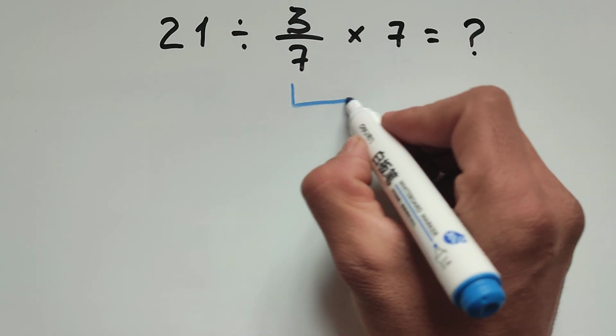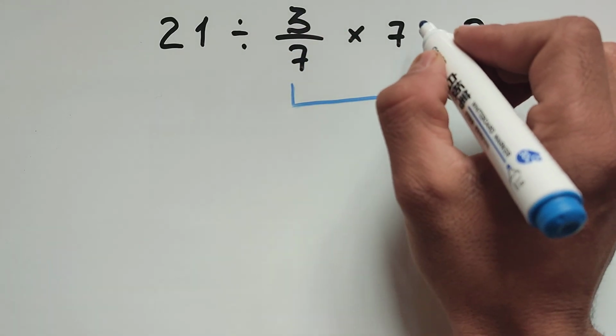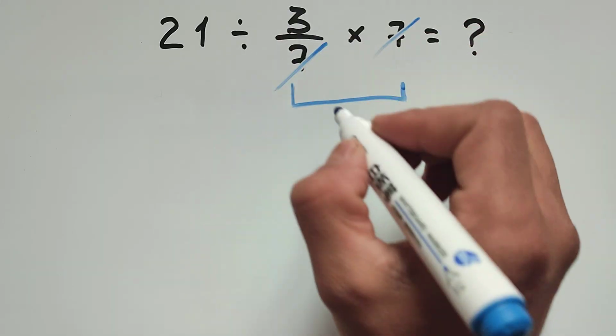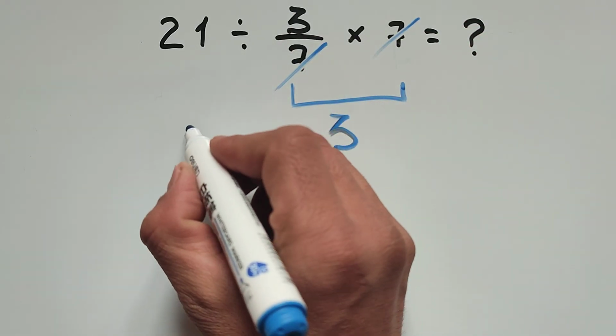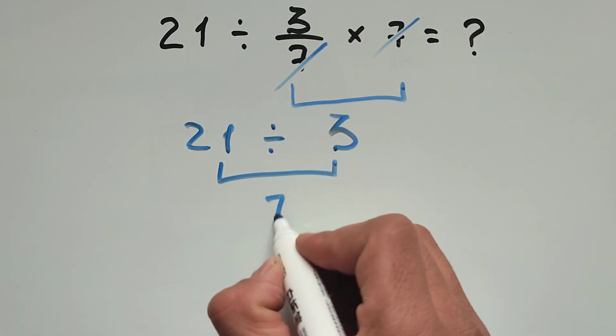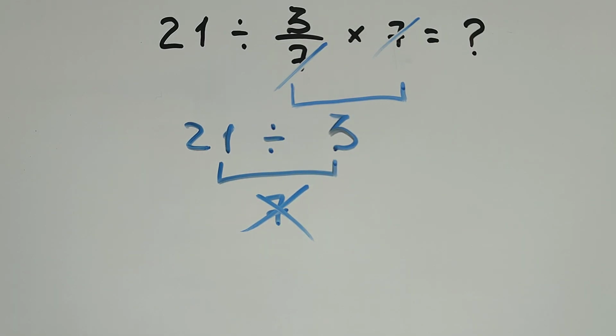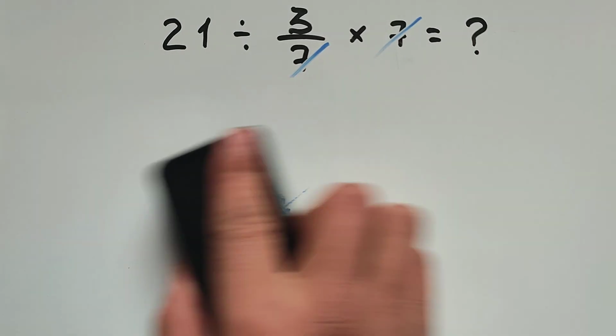First, we do this 3 over 7 multiplied by 7. Here we can easily cancel this 7 and this 7. Here it equals 3. And 21 divided by 3 equals 7. But this is not the correct answer. Because